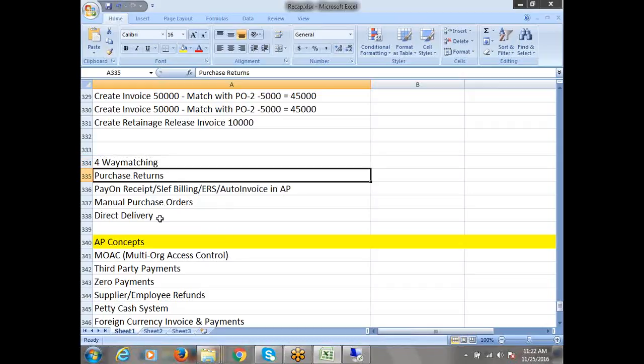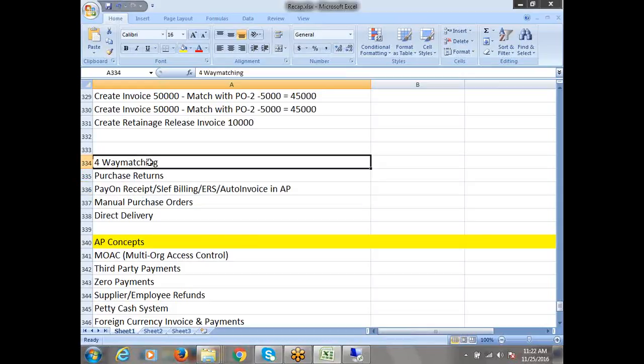And we talk about purchase returns. Say I purchased some item, 10 quantity. After purchasing, I return 2 quantity. Whenever you perform this activity in purchasing, the system will automatically create a debit memo in payables against the invoice we created. An auto debit memo will be created. That process we'll see in detail. We'll take an example and do it in the system. And the third one is